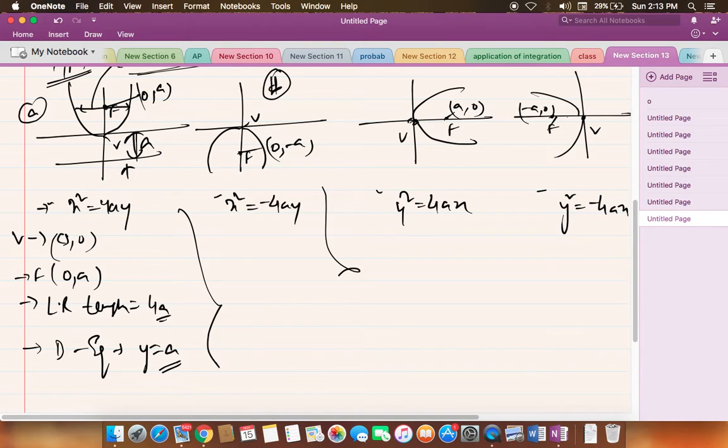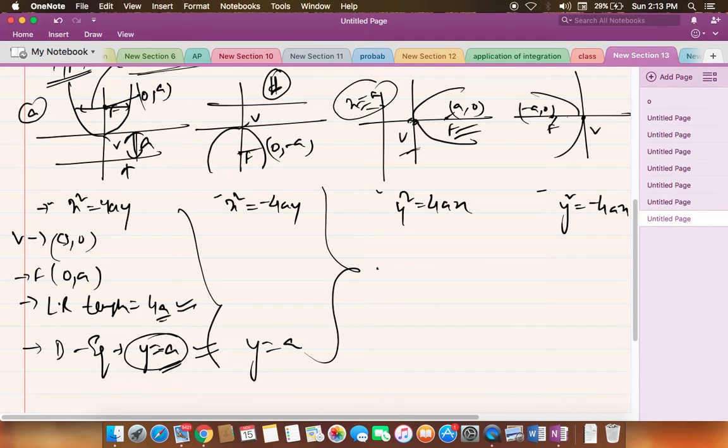Same will follow out here. Focus I have written out here, vertex is written, length will be same, and equation of directrix will be out here, y equals to a, sorry, this is y equals to minus a. Out here if focus has been written, vertex is there, latus rectum length will remain same, directrix will be out here. This will be x is equals to minus a, and this will be x is equals to a. This is the equation of directrix, which is given by x is equals to minus a and x is equals to a for this case. Kindly pause the video to note it down. Once we do 3-4 numericals, this will get easier.